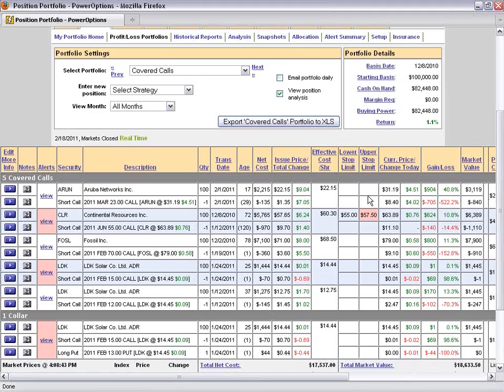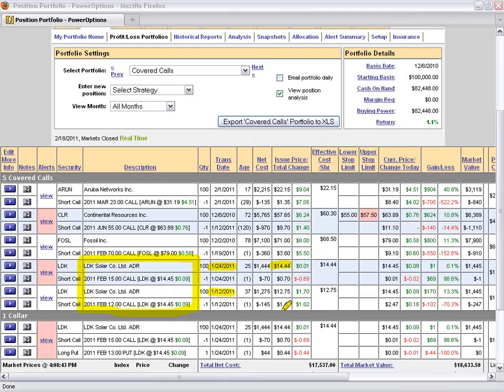And we want to take a look at a couple of the positions that are open and how one might look forward to rolling them. Now, the first position we want to start off with is down here near the bottom of our covered calls, the LDK Solar position. There are actually 2 of them in here. One was entered during a webinar on January 12th, and one was entered on January 24th.